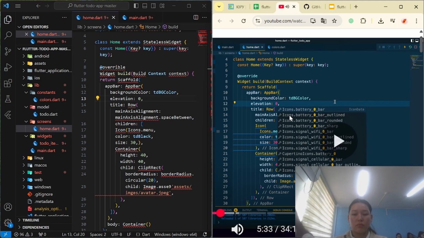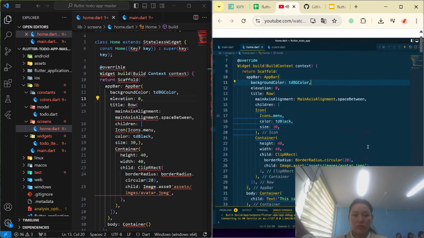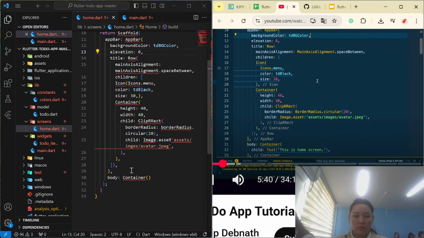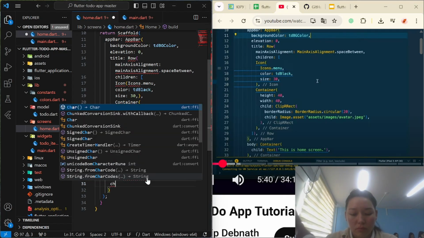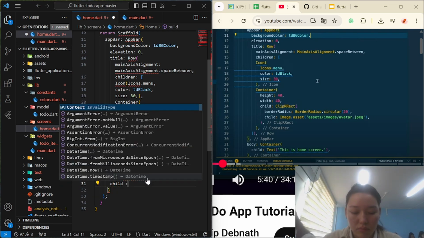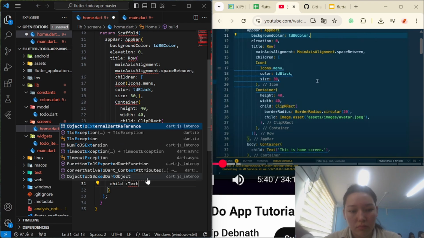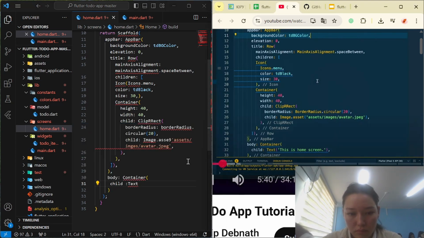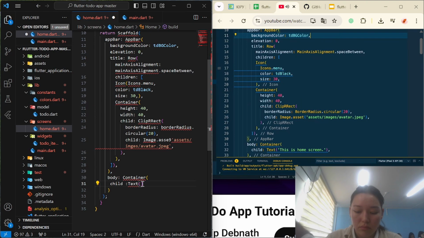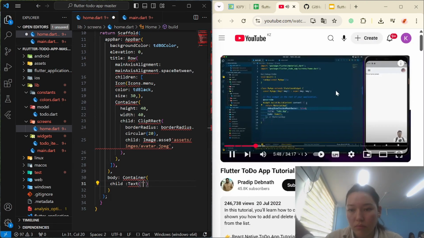And now I have opened the app in Android emulator. So here we can see at the top we have different color for the status bar. I don't want that. I want to change it, and for that here